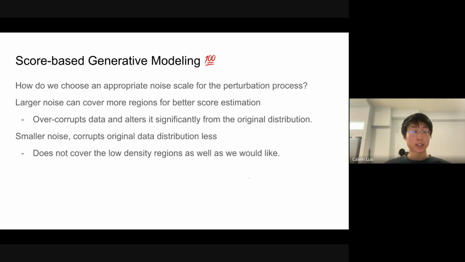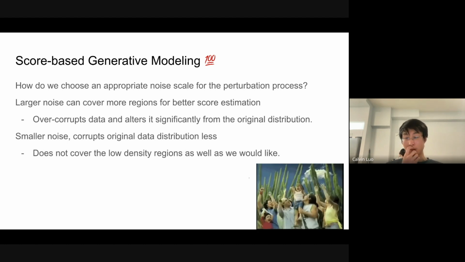Conversely, if we add small amounts of Gaussian noise, it'll corrupt the original data distribution less, and so your final samples will be more accurate. But we once again run into the problem that it doesn't cover the low density regions as well as we would like. So we still have pockets, or desert regions, of inaccurate score estimates. And so the